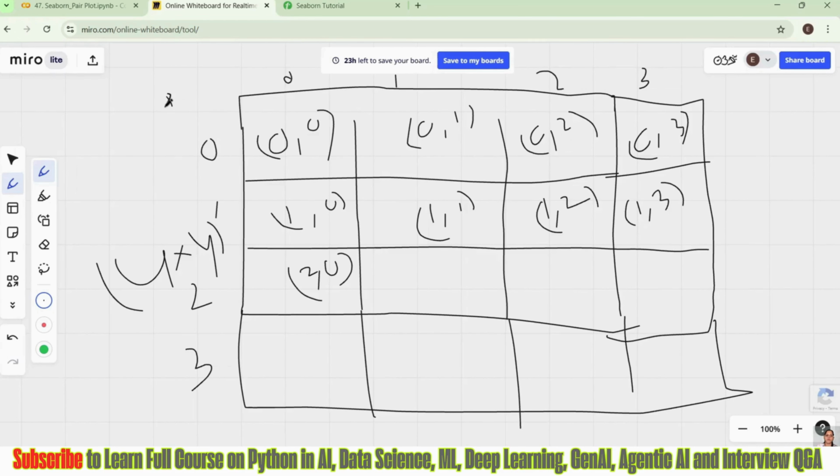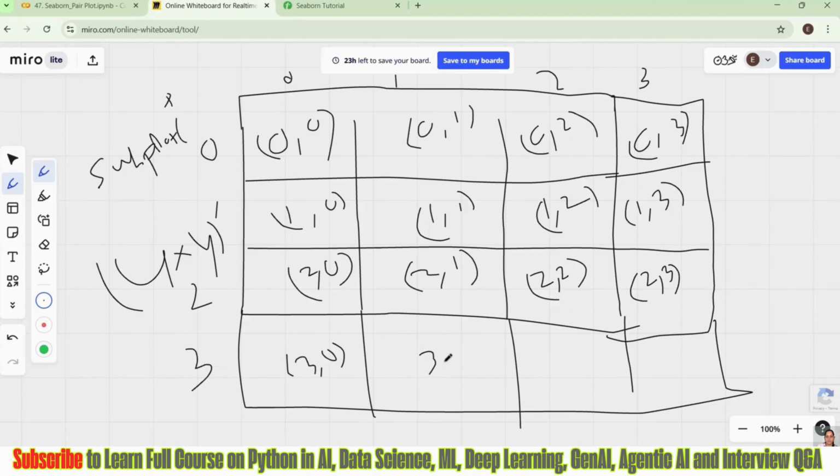We have a subplot property. In that subplot, you can fetch some of them and create your own subplot from it. 2, 2, 2, 3, then 3, 0, 3, 1, 3, 2, and 3, 3.